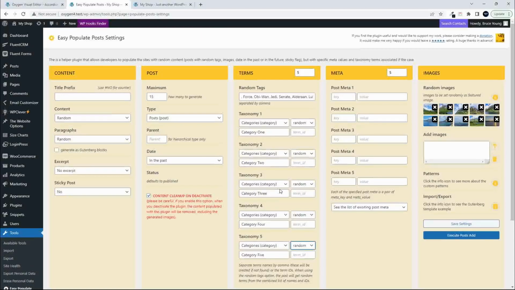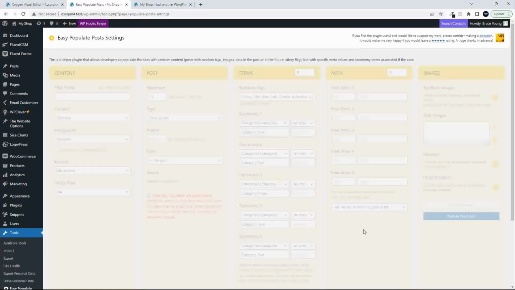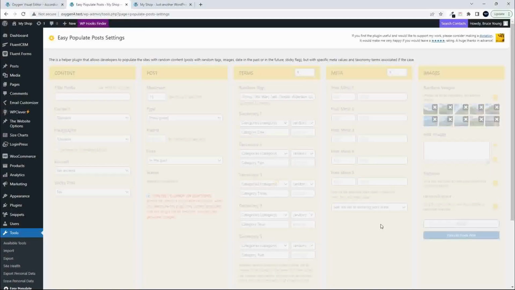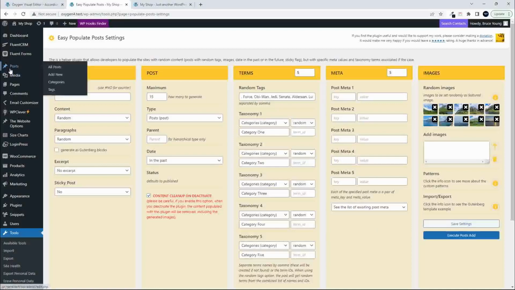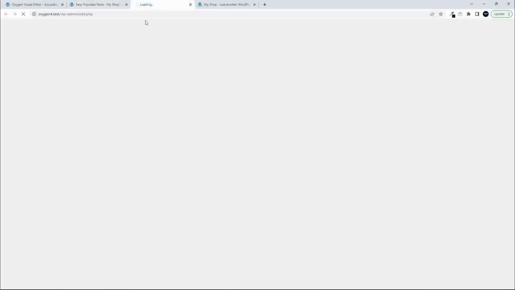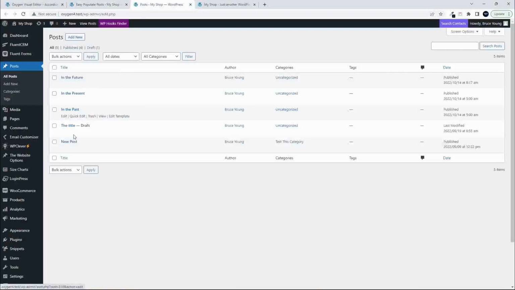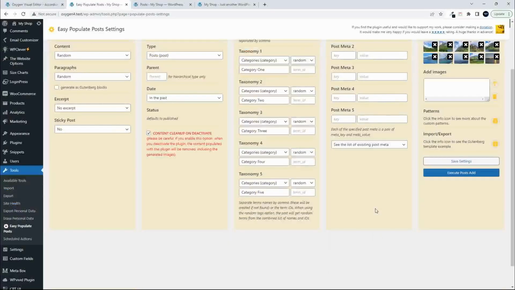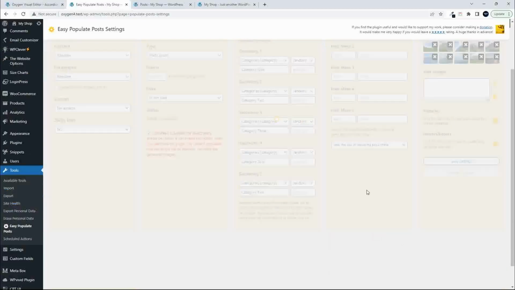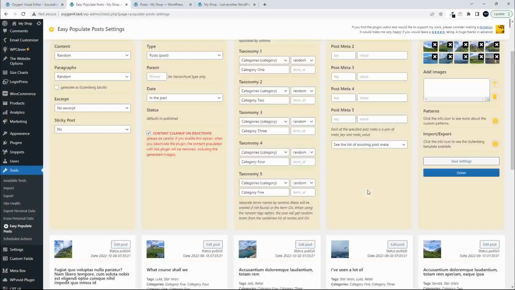Right. That's all that I want to set for this at the moment. And I'm going to save the settings. And then we're going to go ahead and execute the post. So if I go into my posts at the moment, you'll see that I have a couple of posts that I've been using for some testing, but nothing with images, nothing that's going to give us any impression of a post. And now what I'll do then is execute posts add, and we simply click on that,